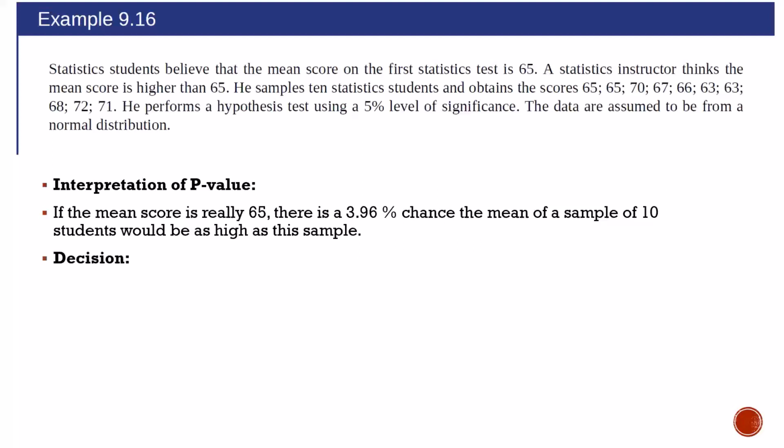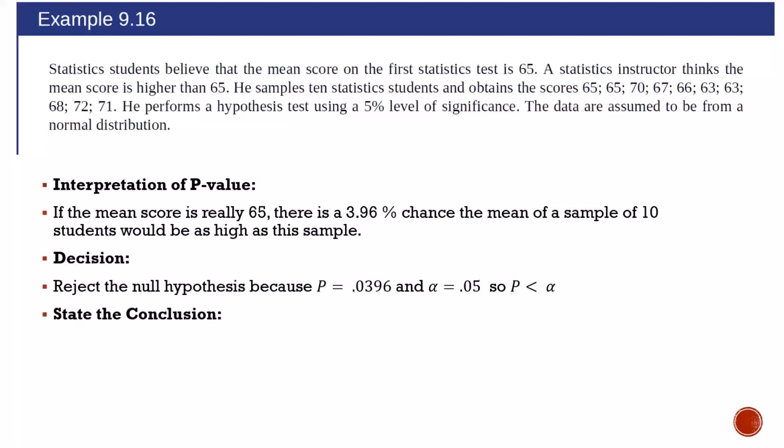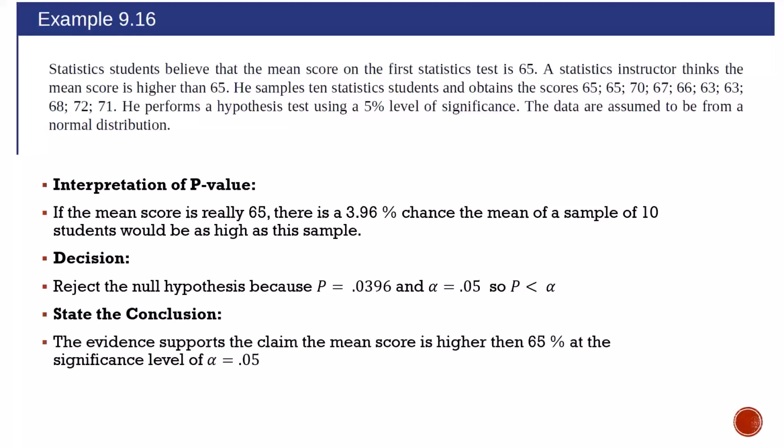So our decision is to, what do we want to compare our p-value to? So it's less than the significance level, which means fail to reject or reject, everybody. So what that means is the evidence supports the claim that, exactly,